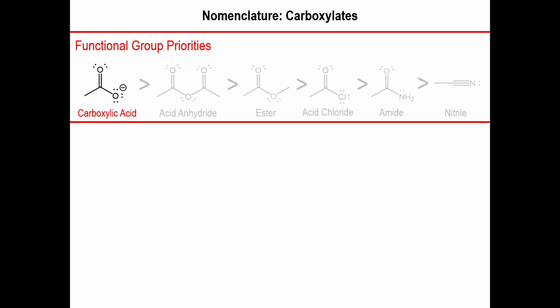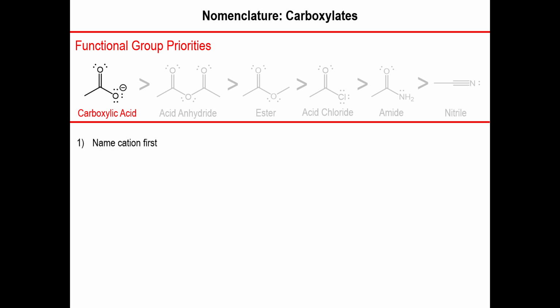Welcome back. We're going to talk about what happens name-wise to carboxylic acids once you deprotonate them and you end up dealing with a conjugate base. Because you have deprotonated the carboxylic acid, it's now an anion. And what that also means is that you're going to have a cation to counterbalance the charge of the conjugate base. So the first thing you will do is name the cation like you normally do in ionic